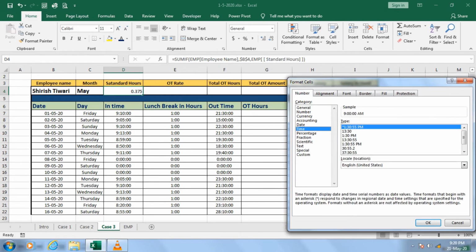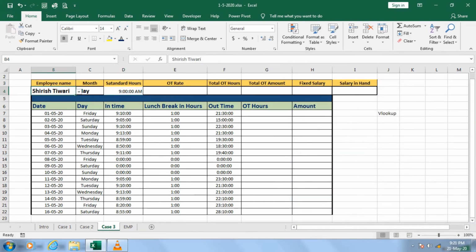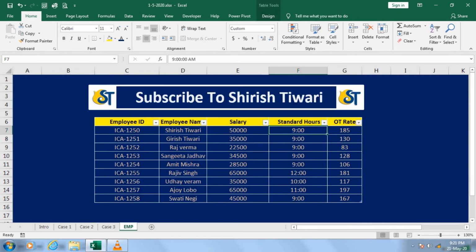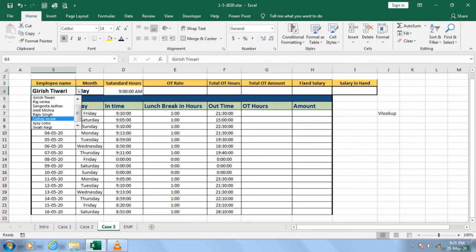When I convert into the timing, I got exactly 9 hours. Okay, for testing let me change it with this. If I say Amit Misra, it's coming the same. When I say Girish Tiwari, let me see whether it has the same. Yes guys, let me change with Rajiv Singh, whether the answer gets changed. Yes, exactly. So Rajiv Singh has a different standard, so that means now it is working. Okay, no issues. There is a little bit of struggle, but you have to do that.